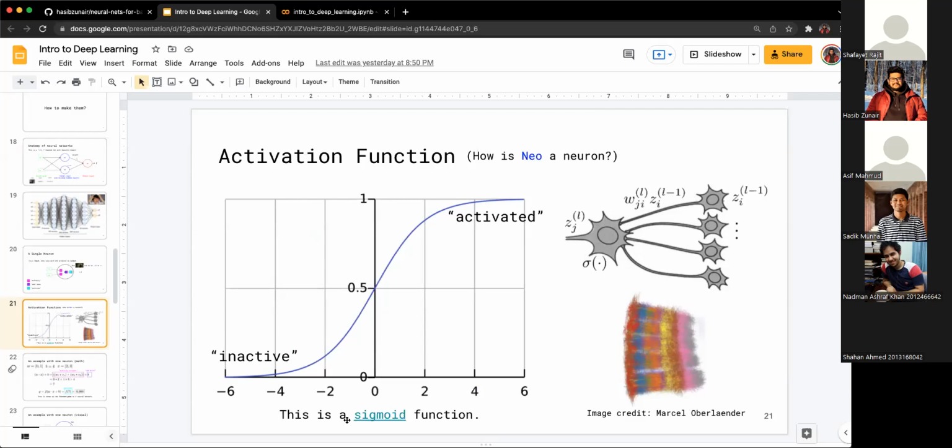If you look at this graph over here, which is a graph of a sigmoid function, if you have really low values, the neuron is considered to be inactive. But if you have high values, the value range is always 0 to 1. If it gives you a really high value close to 1, we consider the neuron to be activated, right? These are also some visualizations of where this inspiration comes from. This is a picture of how the neurons in our brains work, where certain neurons are connected to other neurons. And this is where this whole idea of neural nets comes in, right?